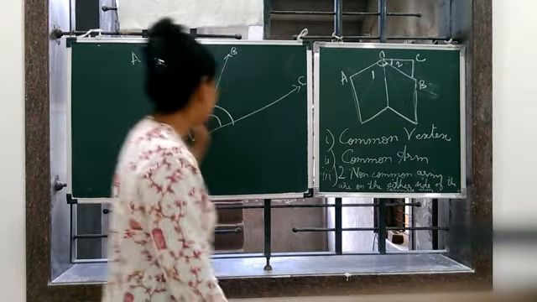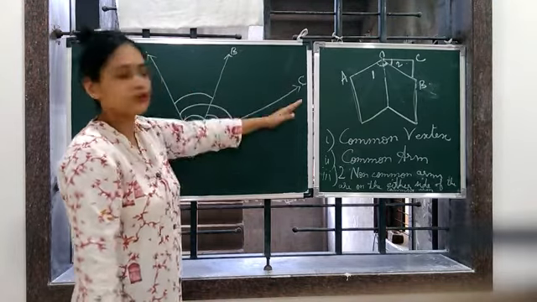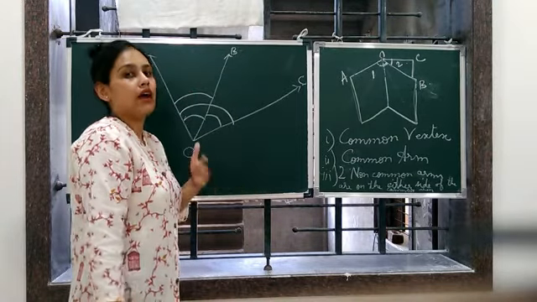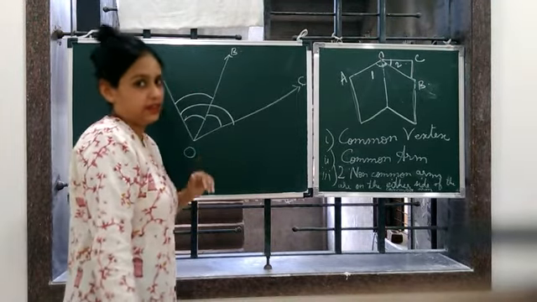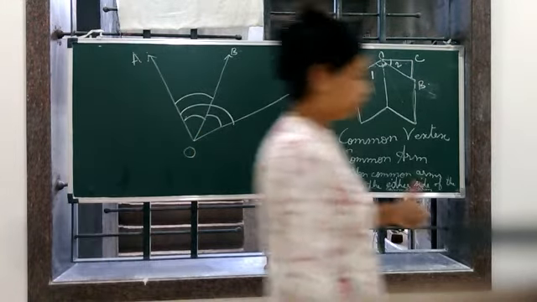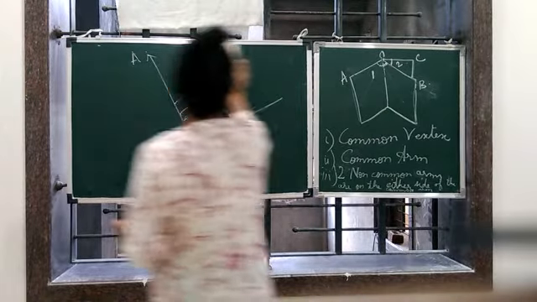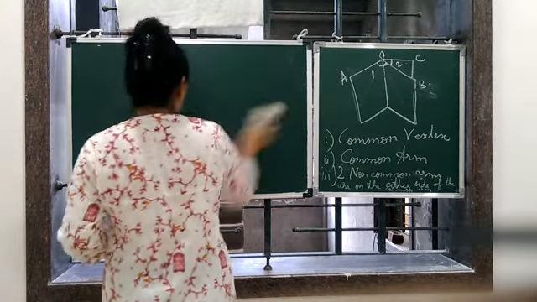Also, you can say that this angle AOB was part of AOC. So how can it be an adjacent angle? It is a part of the angle. It is the inner angle for angle AOC. Got it? So don't get confused. So this completes one topic, that is adjacent angles.